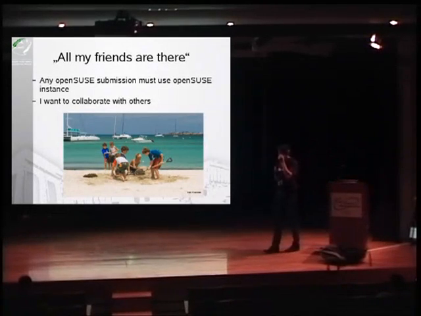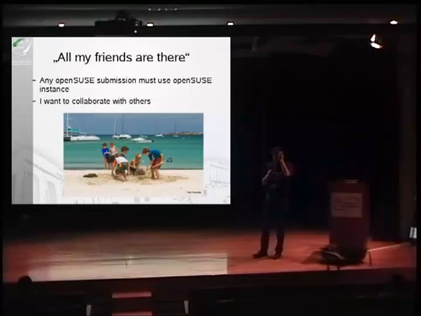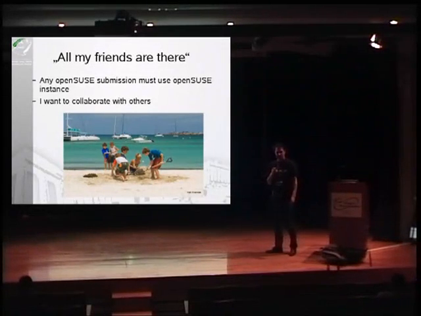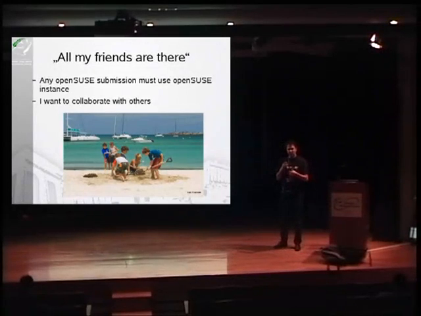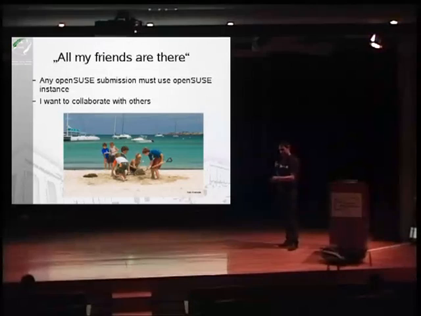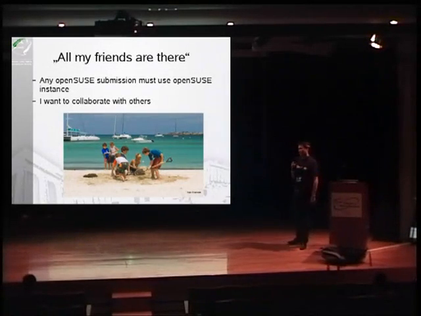Still, you might want to say, it still does not make sense for me to set up my own build service instance, because maybe it's faster then, but I want to collaborate with others. So I want to use the open build service, and people go there because they find communities, because they can show their work to other people, and they get contributions back. So again, you are right, at least the private instance is then not an option for you.